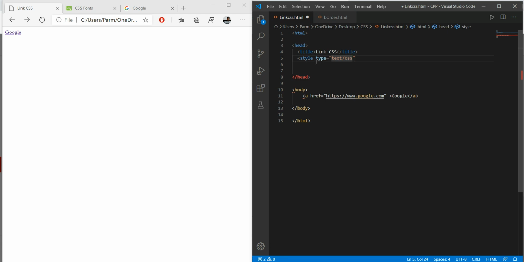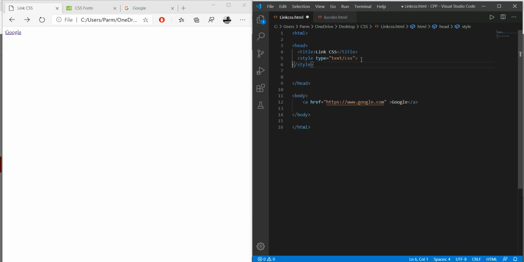If we don't write text/css it doesn't matter, but in some browsers it may give an error, so it's good practice to write type equal to text/css.